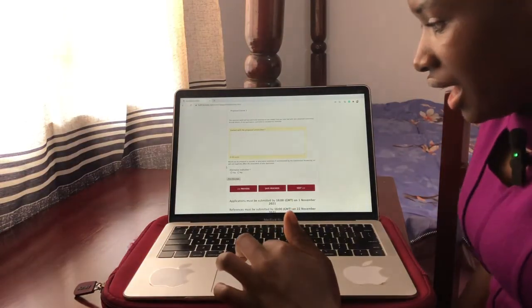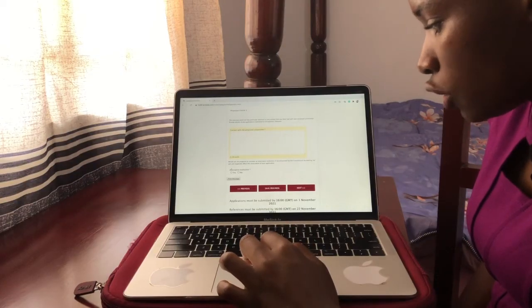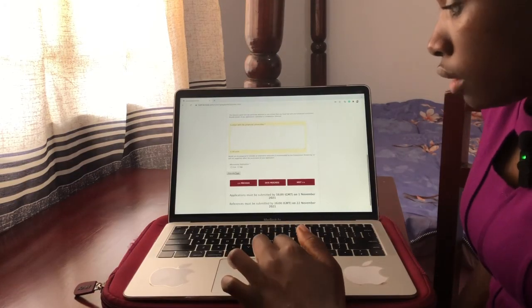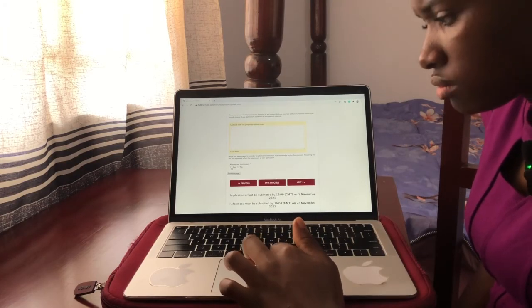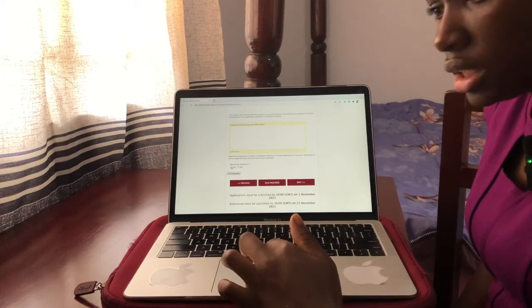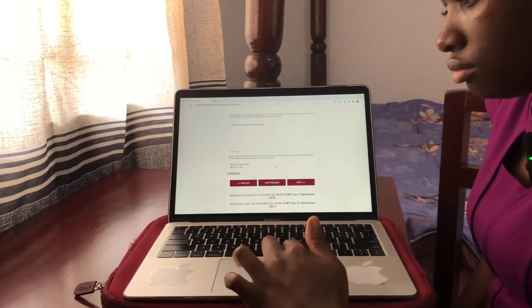Yeah. Here, would you prefer to consider an alternative institution if recommended by the Commonwealth? Yes, you can say no. It won't affect your application, but I will go for yes. Why would I miss an opportunity? Well, it depends on how we are, but for me, I would just say yes. Yeah. I'll go for that.